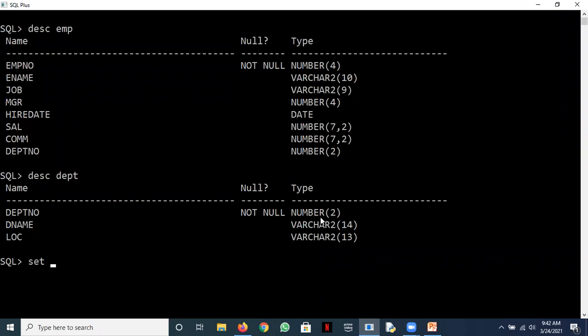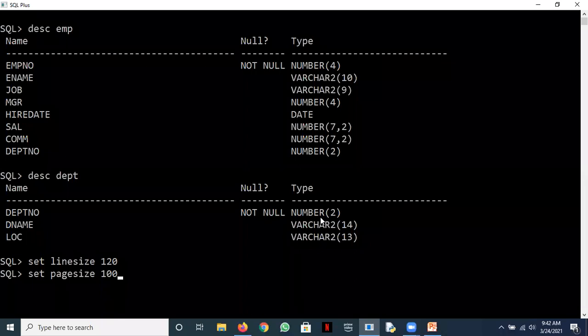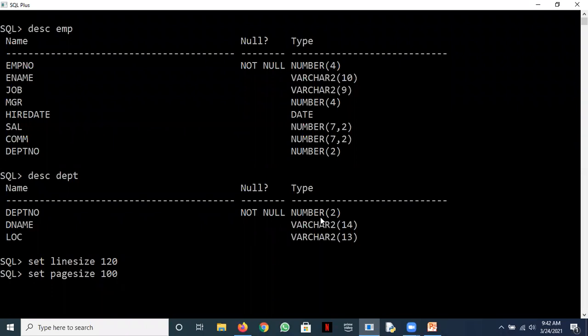Let me just set up the environment parameters for you. You already know what they mean. So set line size 120 would give the output in a good width so that the output is not moving to the next line. And page size 100 would put a line after 100 records have been displayed, with only a common heading.